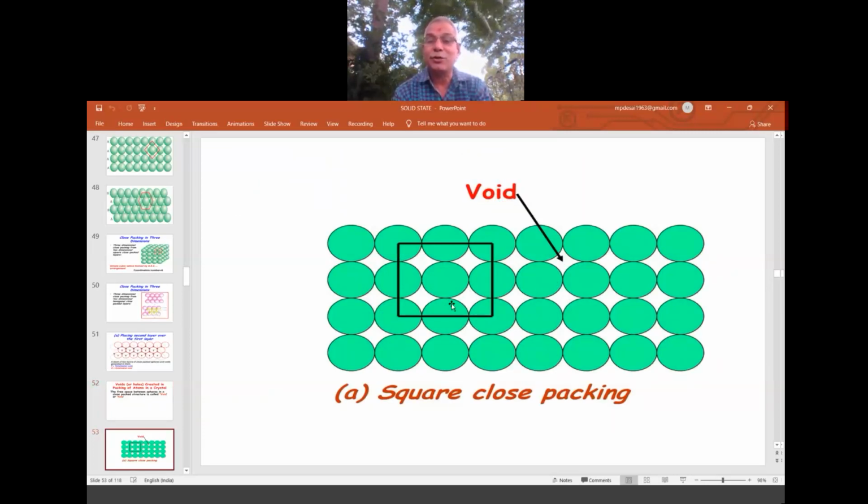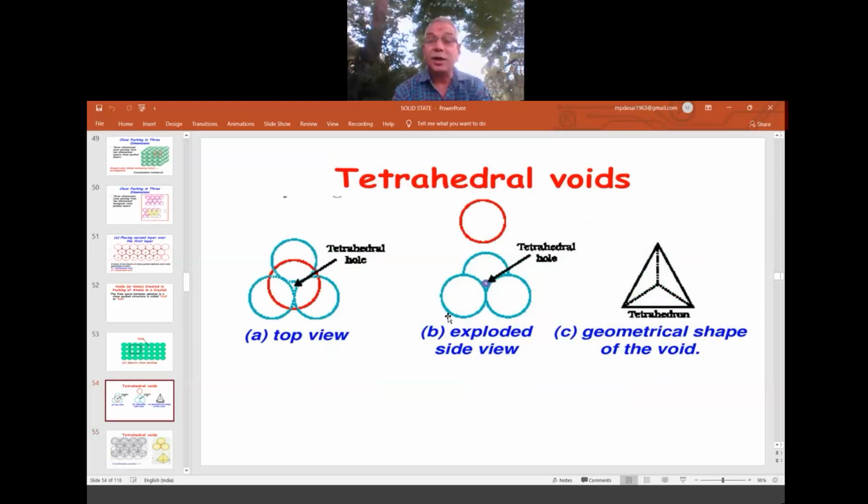By looking at this structure, I think they can go for at the most 70 or 80% packing only. So still 20% gap is there, though we say it is close packing with certain voids. Now see, tetrahedral voids are assumed in this way. Please bring a mental picture: three below, one above. This is the tetrahedral void with the help of four spheres. So this is the top view.